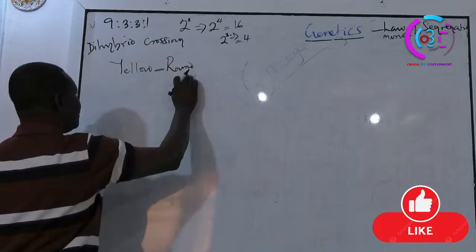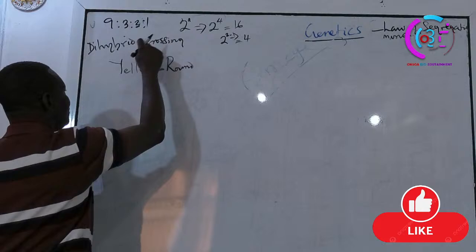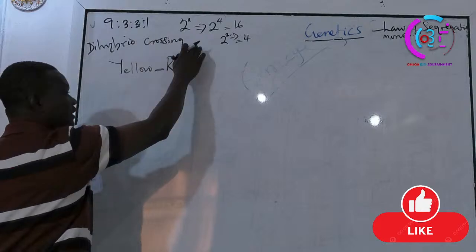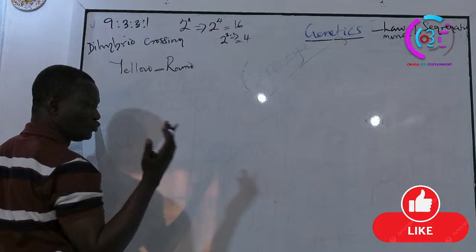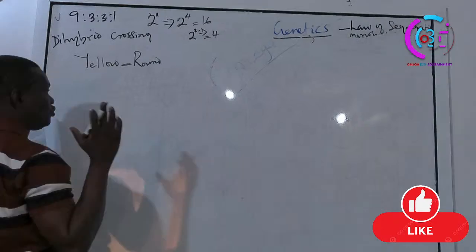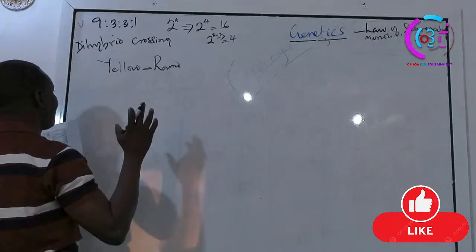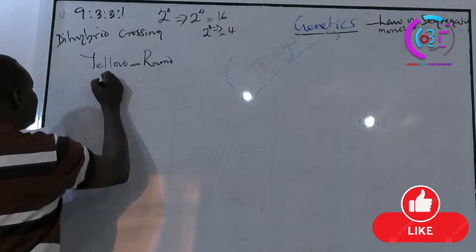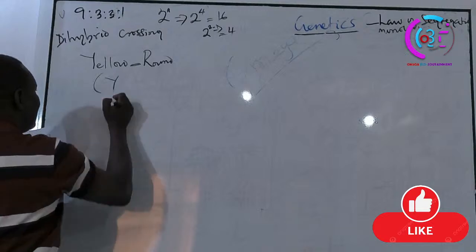This one is talking about color, this one is talking about the shape. You can see that we are considering two characters at the same time, or traits at the same time. So that means if capital letter Y represents